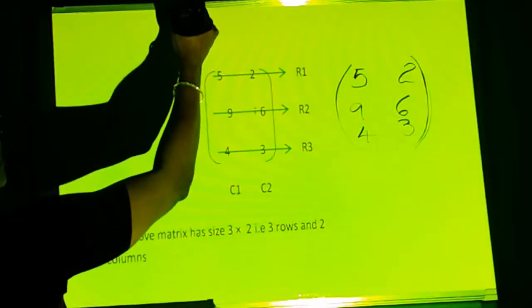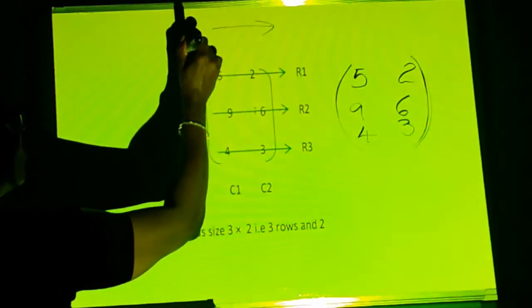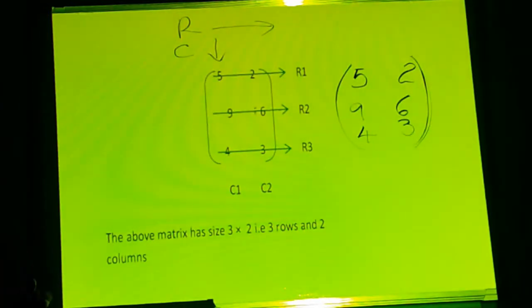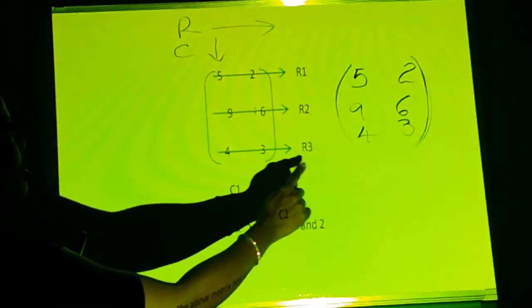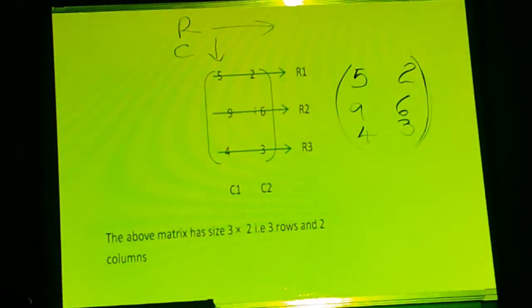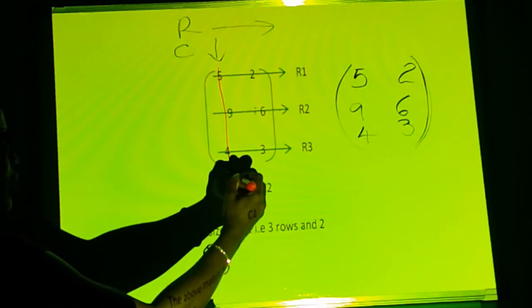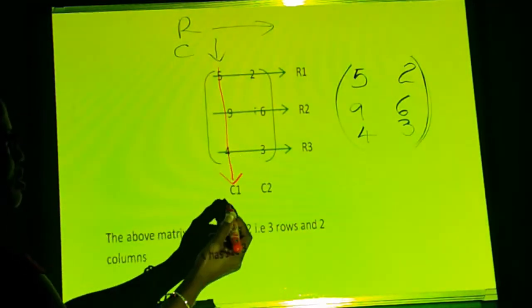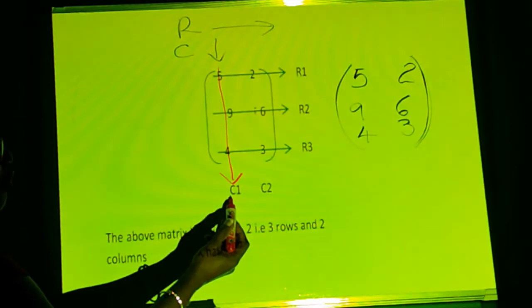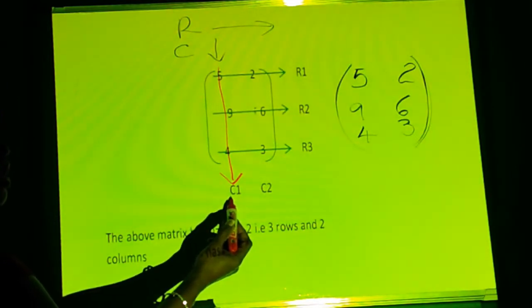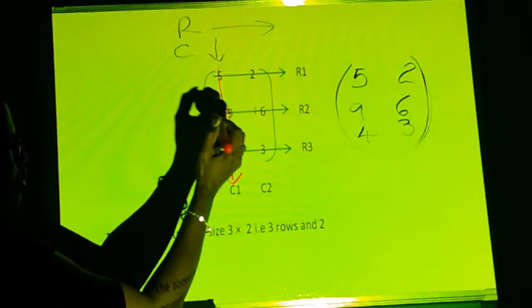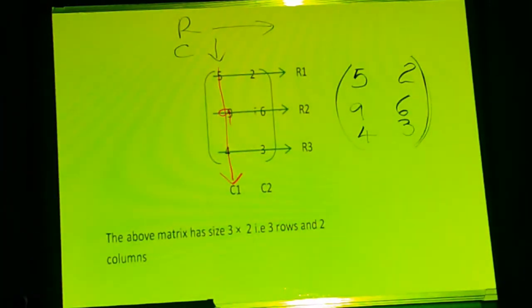Rows go horizontally. Columns go vertically. So I've already done rows for you. How many rows do we have? 1, 2, 3 rows. Let's draw the line through these numbers to show the columns. There we go. I'm going all the way down to C1 because C is the abbreviation for column in this case. Alright? So this 9 should actually fall there, but it's a little out of alignment, but you won't kill me